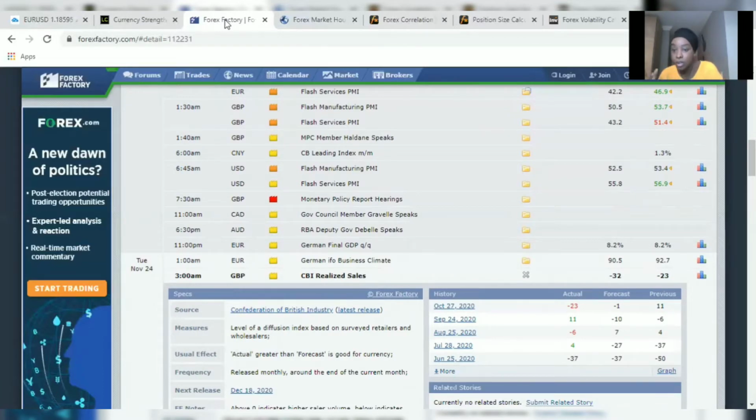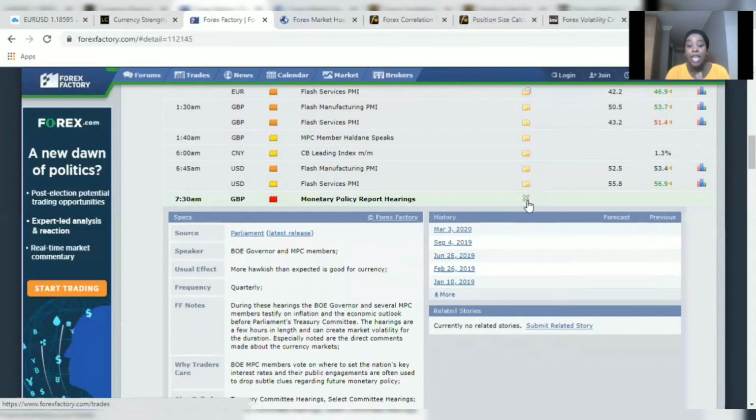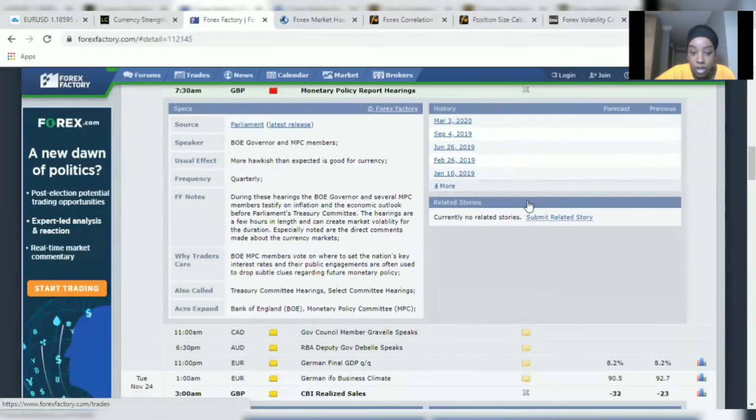If it's yellow, it's low impact. So you're able to literally go into a red impact folder, let me open this one, and you're able to see that there's information coming out about the GBP, and it's all about the Treasury Committee hearings, and there's usually high impact on that particular currency, okay? So you're able to actually see the history and see the last time that information was given out, and then